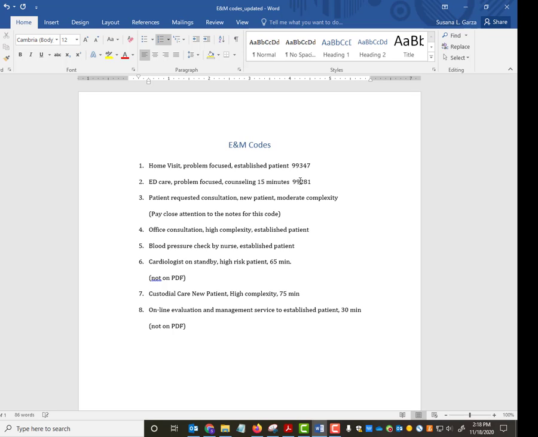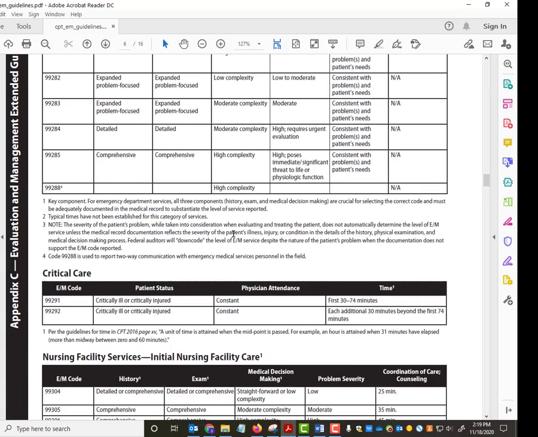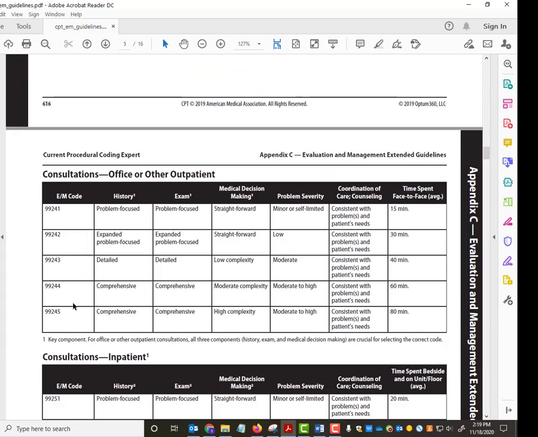99281 is the correct code for number 2. Number 3, patient request consultation, new patient, moderate complexity. Now notice here it says pay close attention to the notes for this code. So if we come to our PDF file and we look for consultation and it said moderate complexity, it's directing us to